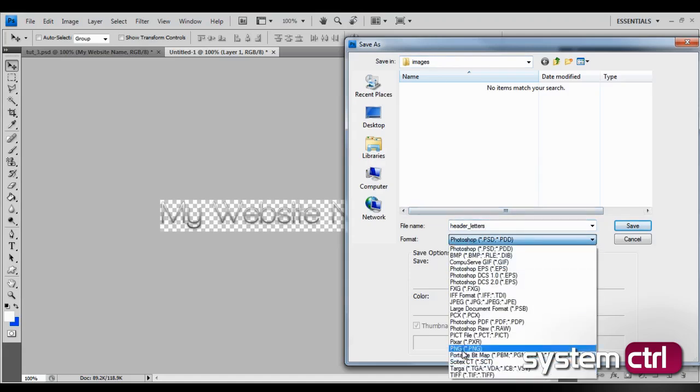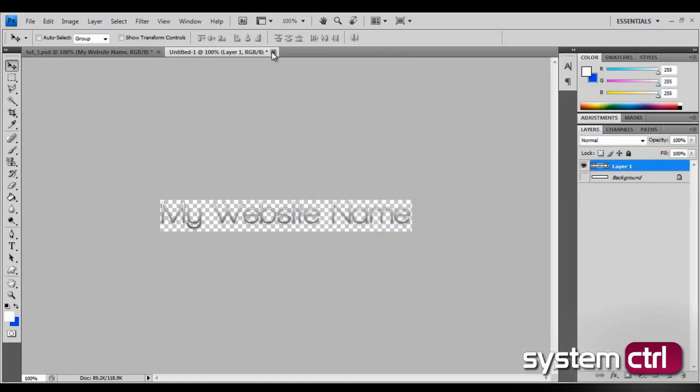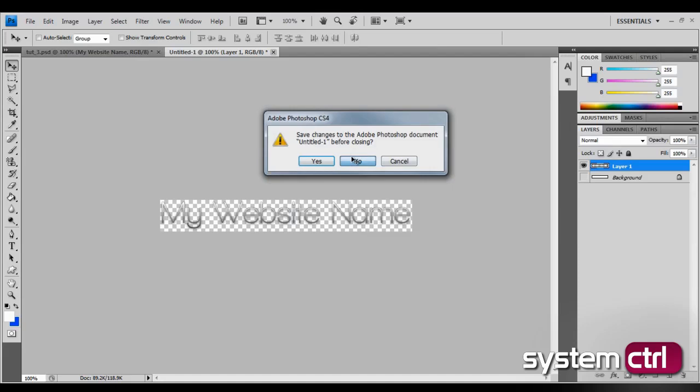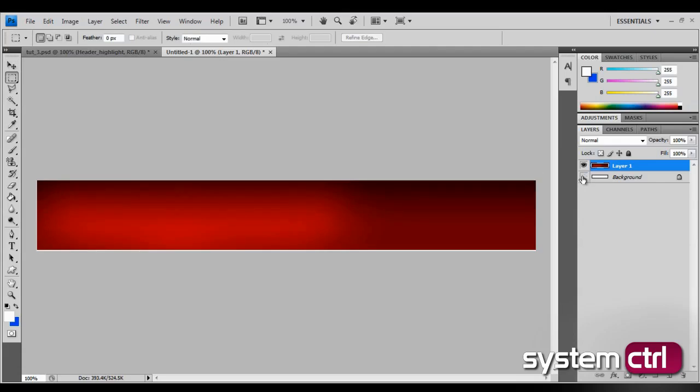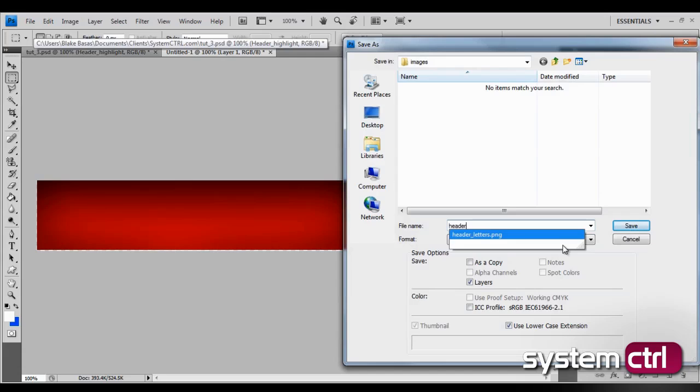And we'll make it a PNG, of course, because it's transparent. And let's close this. And let's do the same with the header. This is header highlights because I merged them, so it took the name of the top one. Okay, so go ahead and turn off the background and Control S, and we'll say header and PNG and save it